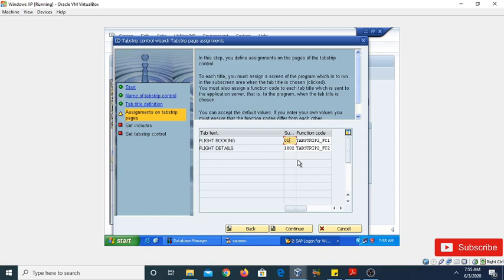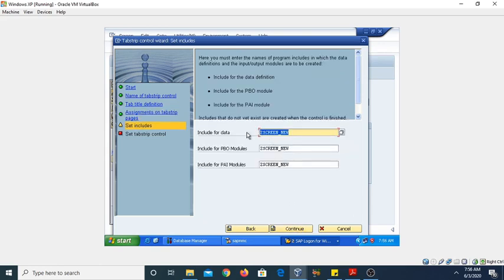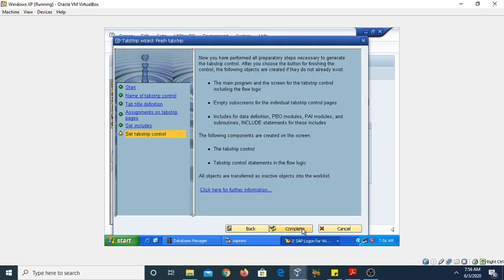I think we have created 0100 and another subscreen that we have already created, which is 0200. Now click on the continue button. Now this is the include for the data, the include for the PBO module, because we need to create the PBO and PAI. So it automatically creates the PBO and PAI module here, and click on continue and then complete.